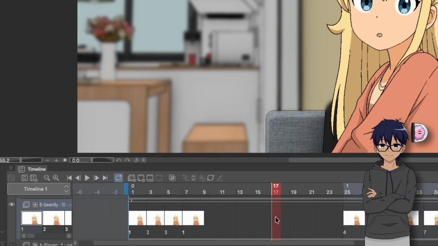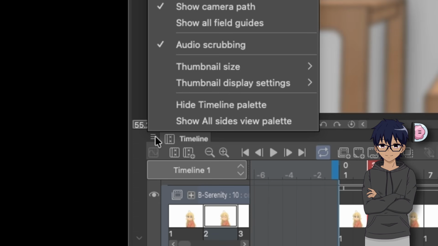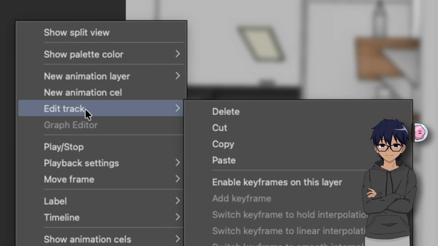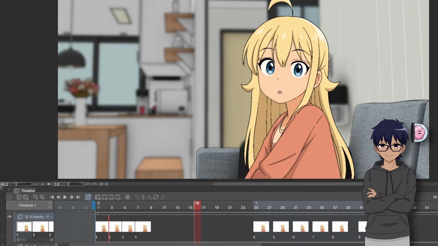There's actually another secret menu that a lot of people didn't know existed, and this is the one that I personally use a lot more. So once again, we're going to select our keyframe, and we're going to click on this little, I don't know exactly what to call it, a hamburger menu or 3 horizontal lines next to the timeline, and you can see that there is an edit track function here, and again, you have cut, copy, and paste. Once again, copy, move over here,